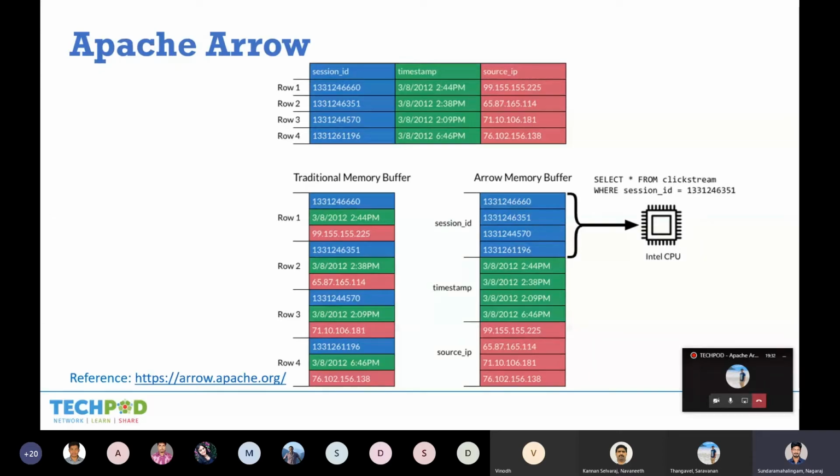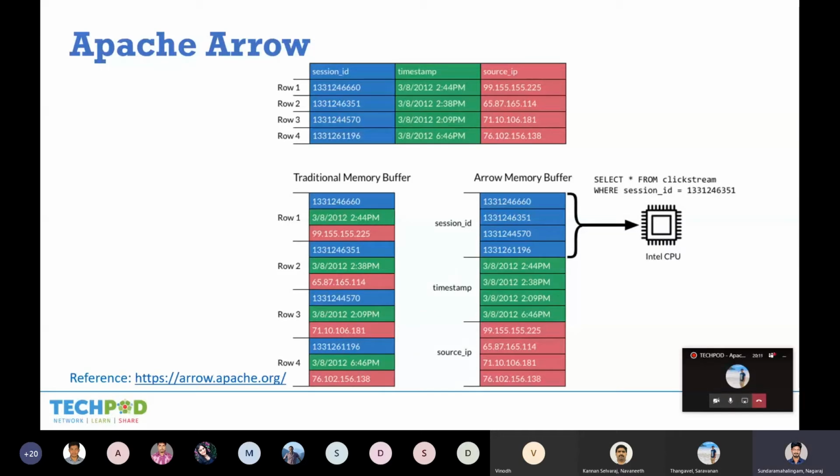Another thing is that all the programming languages read row by row, and they read chunk by chunk. Let's say you have millions of records. It reads the first chunk, say 1 million records from the table, and then it reads the next chunk. While reading chunk by chunk, it doesn't know what the next, upcoming data looks like.